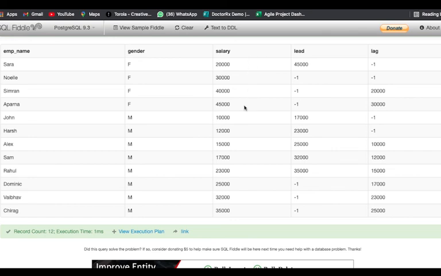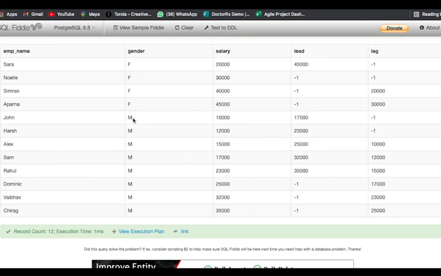So what is the salary? If we talk about the lead, and if you go to 20,000, after 20,000 we'll get 45,000. Alright, so we got 45,000 here. Now if you go to 30,000, is there any third subsequent row for 30,000? But here it should be sorted by gender only.